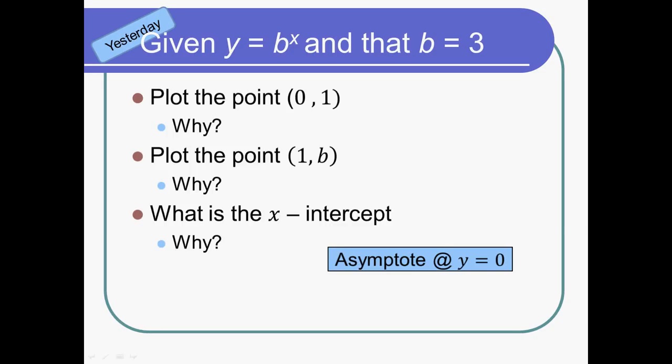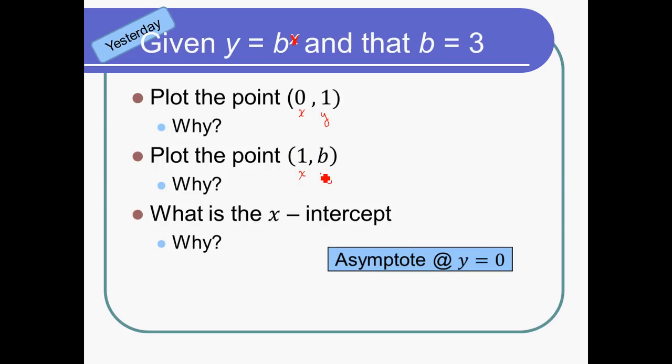So let me recall, and notice that I changed the background to look like the background from Tuesday's lesson. Yesterday, or Tuesday, you took notes on given y is equal to b to the x, and that b is equal to 3. We talked about always plotting the point 0, 1, and the reason was because plugging in 0 to an exponent always turns a base into 1. Plotting the point 1 comma b, because plugging in 1 for an exponent